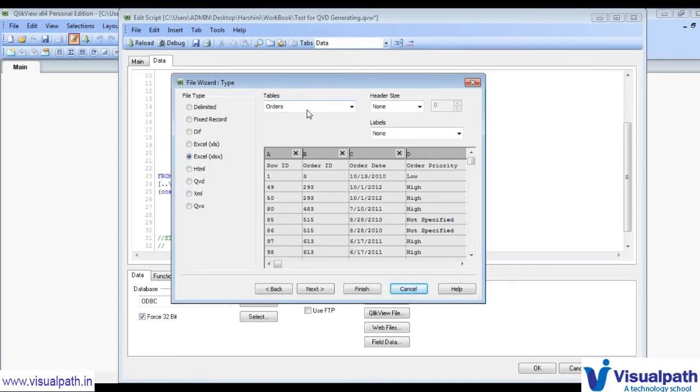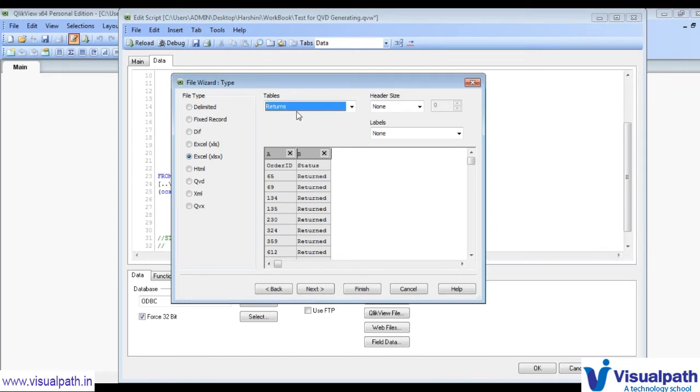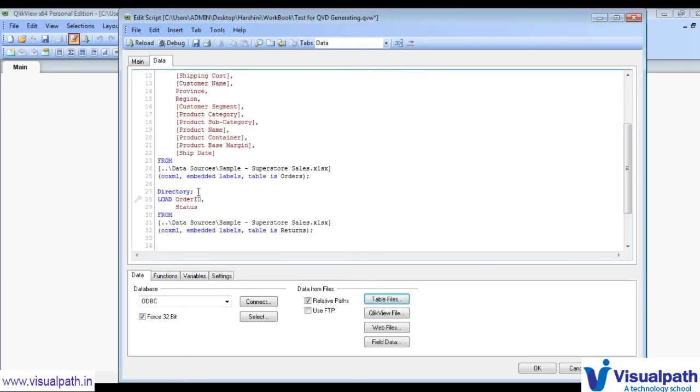So here in the tables I have to choose returns. The sheets that are available in the Excel file will come under different tables here. So orders, returns and users are coming here. If I choose returns, then I'll choose embedded labels. So order ID and status become our field names, and then click on finish.